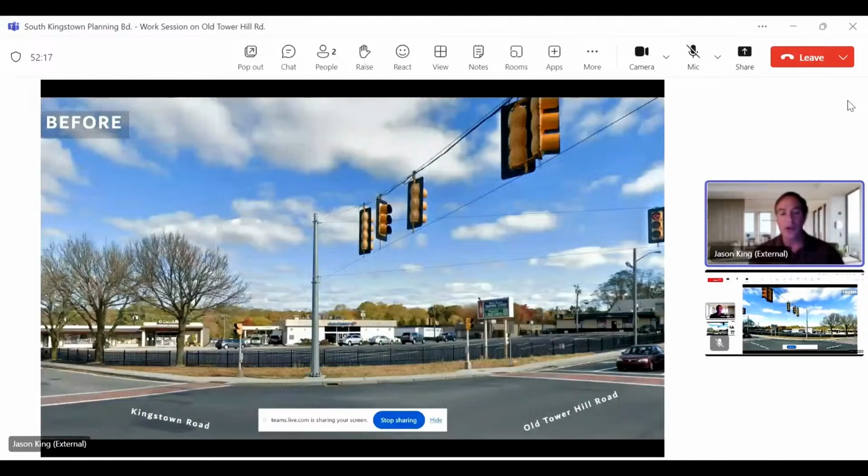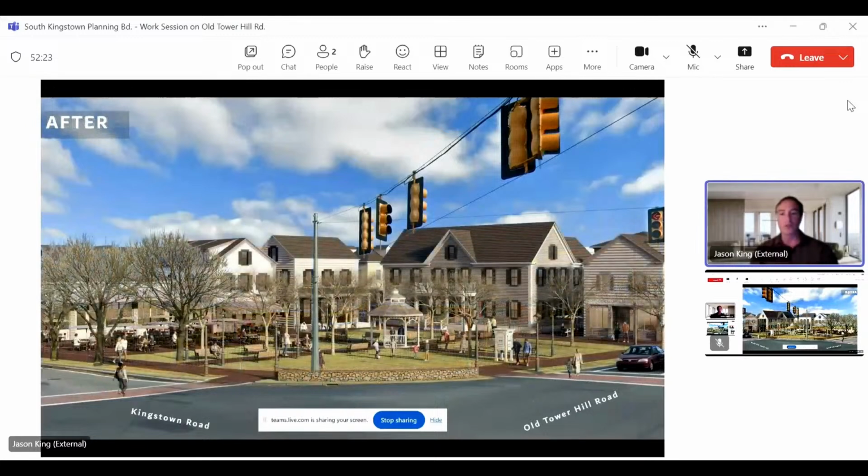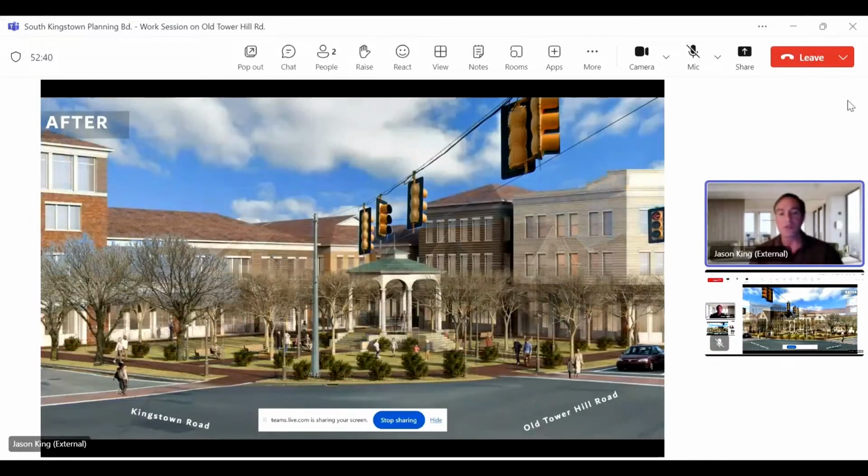And we talked about how a spot like the corner of Kingstown Road and Old Turtle Road could be developed in what's again colloquially known as the coastal style, which is a mix of Victorian and Federalist, and a few other things, or it can be developed in more of the mill style, which is time revival, Spanish revival.